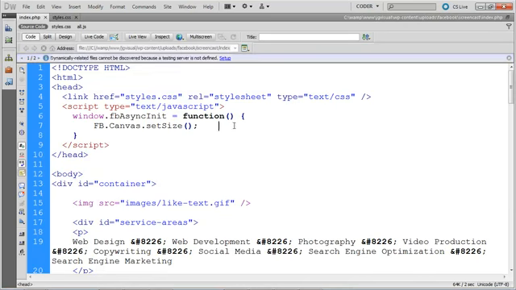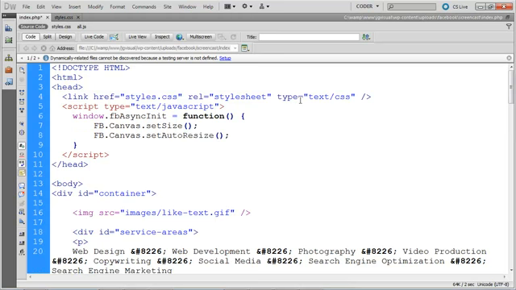And what this is going to do is right when the page is loaded, Facebook is actually going to automatically determine the height of the page, and then it's actually going to resize the height. SetSize is actually going to work if you have one page height that's not going to change. If you do have a page height that's going to change, what we want to do is use a different piece of code, and that code is